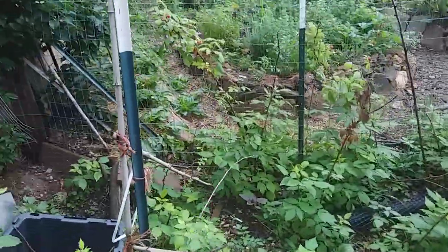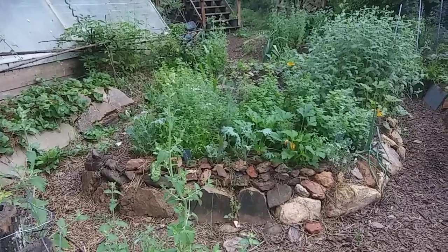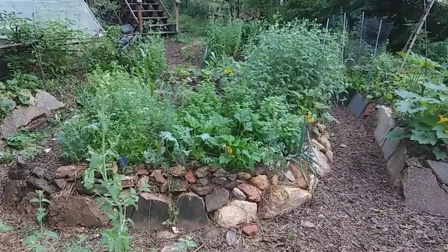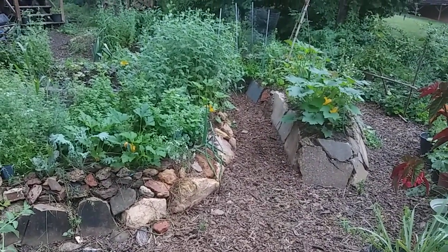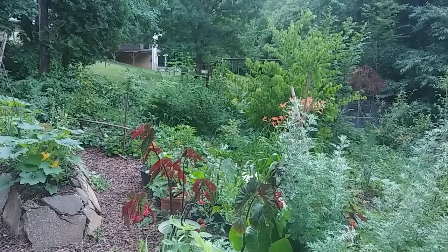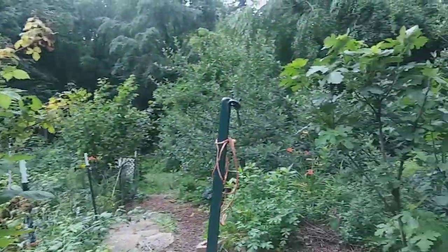So we do a short walkthrough. Talk about all the berries and everything taking off right now. This is what we call the kitchen garden. Zone 1, the herb spiral, everyday vegetables, squash, summer squash, tomatoes, cucumbers, lettuce, greens, kale, stuff like that we eat on a daily basis. Down below is the long-term annuals, mixed in with lots of perennials, fruit trees, berry bushes, nut shrubs,